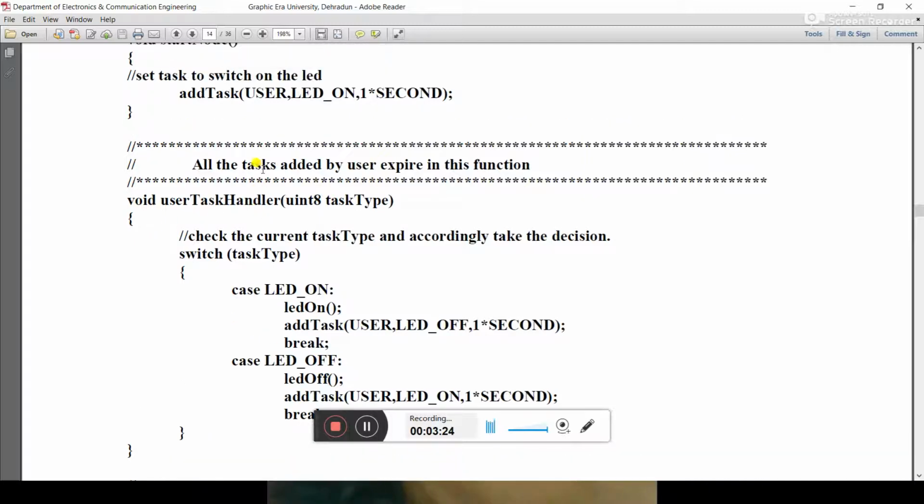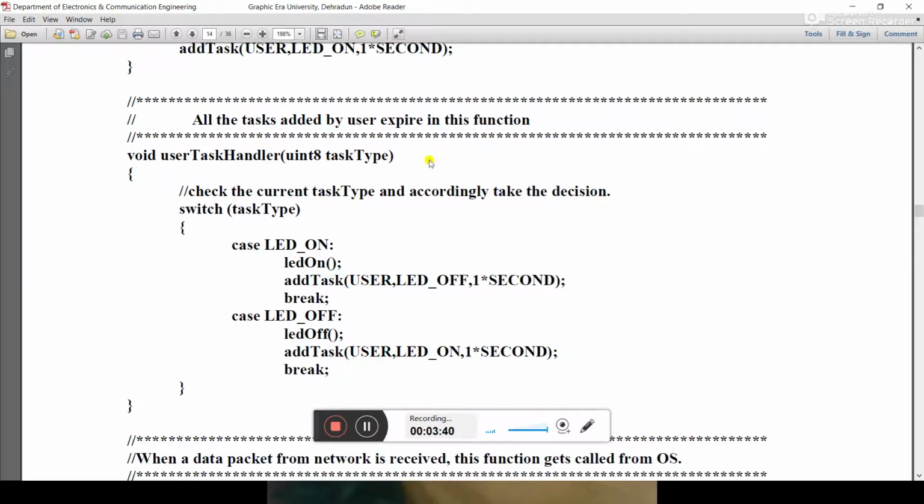After it takes some task, you can see here, it then goes to another function which is the user task handler, which is an unsigned integer of 8 bits, and it provides a task type. Switch on task type.